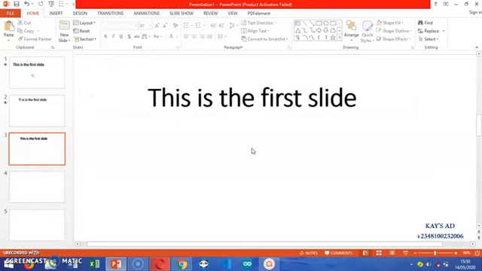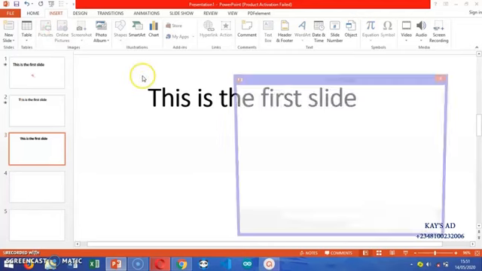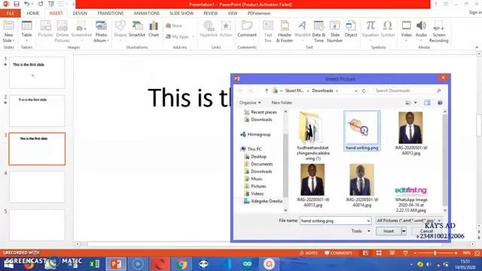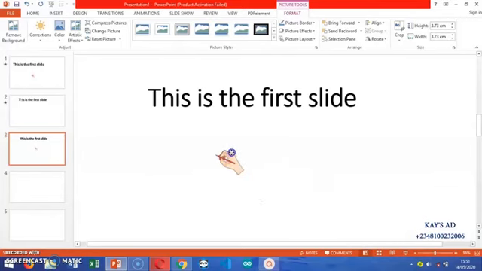Now, to get this kind of thing, I have downloaded a sticker of a hand holding a pen. So let me insert it. You click on Insert and on Picture, then you choose the handwriting picture you've already downloaded.